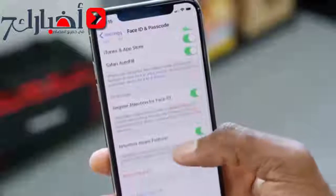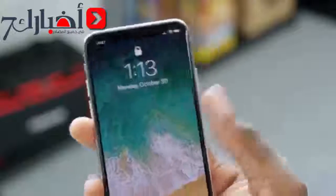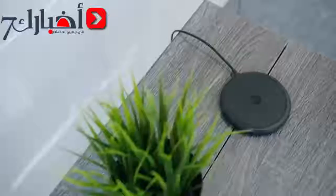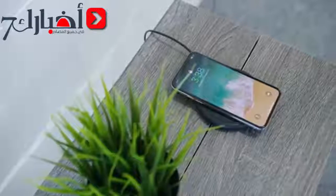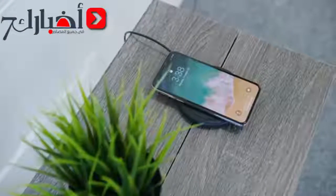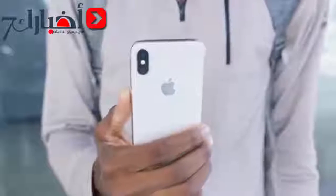You can see the little lock under the time when the phone is locked, and basically, instead of placing your fingerprint, the phone will not unlock until you look at the phone like you did during the setup process. I have further thoughts on this Face ID versus Touch ID, though, so stay tuned for that in an upcoming video. And I do want to see if I can fool it with identical twins, maybe, just out of curiosity. Anyway, with the new notch, you also get a new front-facing camera, complete with selfie portrait mode. Messing around with it